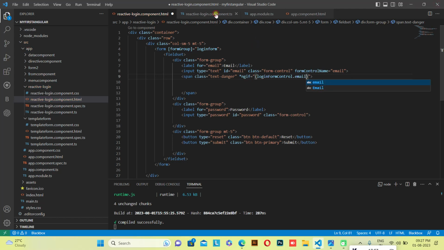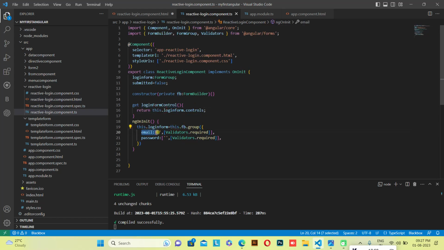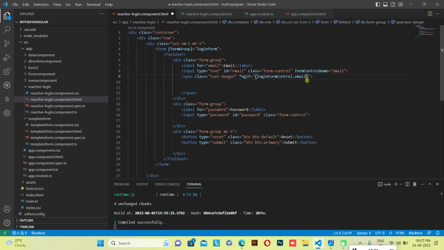That is, we are using this dynamic form group text box email. So over here you get loginFormControl.email.touched. So I give the method as touched,